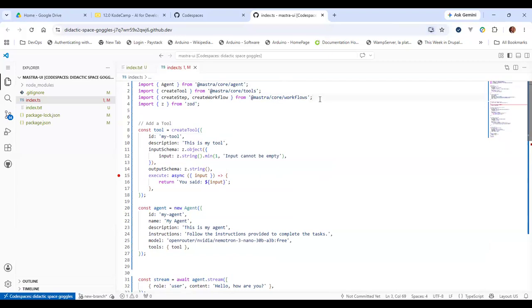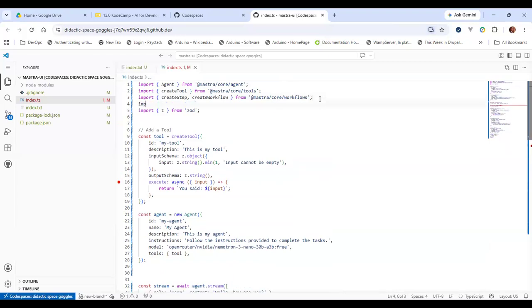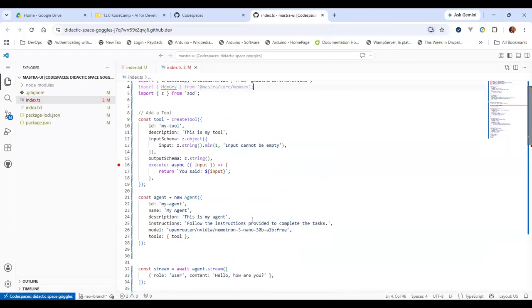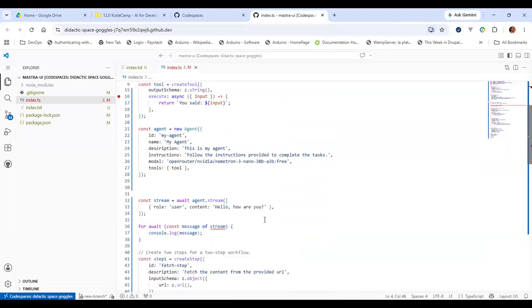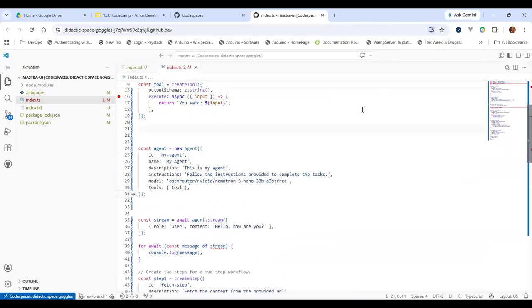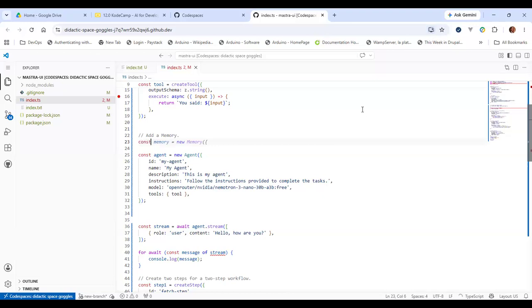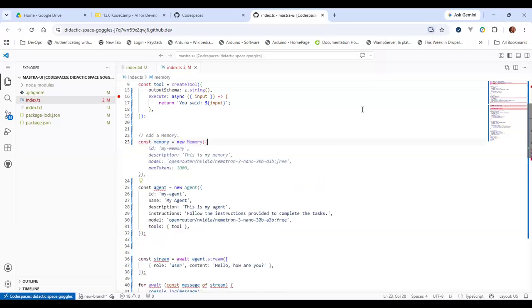So we will import from Mastra core memory, right? And so you can easily add memory when you're creating this agent. So let's do that now. At this point, add the memory. So const memory is new Memory.